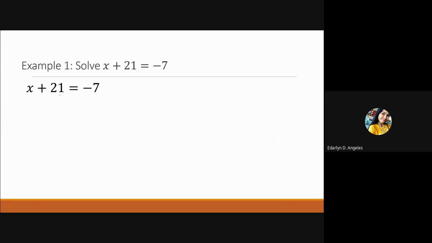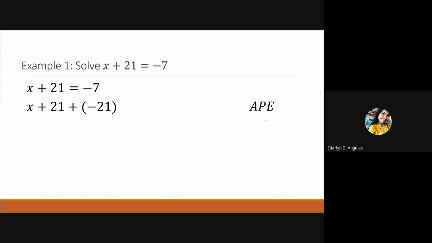And as you can see, our x is on the left side. For us to isolate it, we need to add the additive inverse. So now we're dealing with the basic identities. We need to add the inverse of 21. Why? Because if we add here the inverse, which is negative 21, it will be 0. We can cancel it so that x would be alone. So let's see. Using the APE, we have here adding the same value, which is negative 21, and that is the additive inverse of 21.